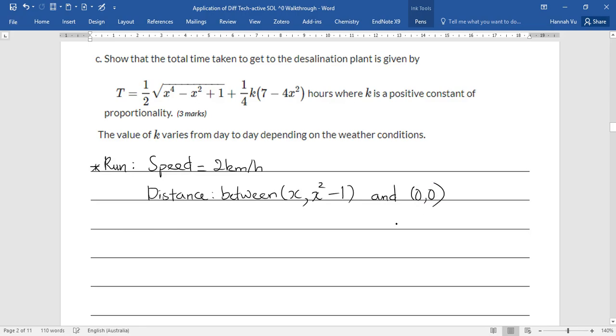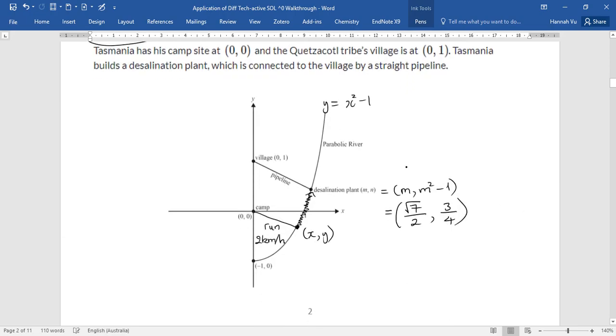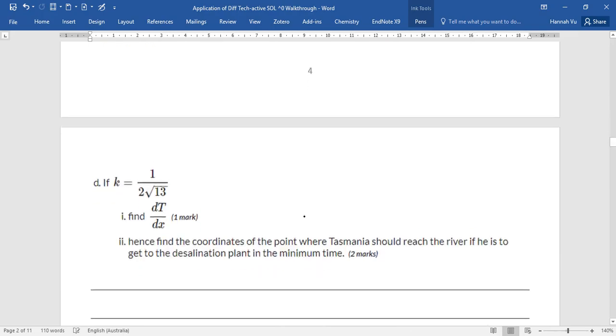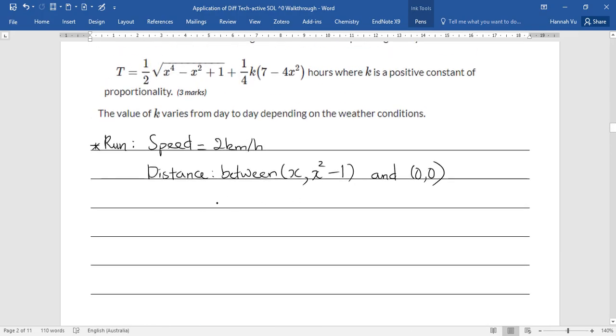Okay, so we're going to find the distance between that. It's a little bit annoying, I have to keep going back and forth, but if you look at the diagram again, then we're looking for this distance between 0, 0 and xy. Okay, so that distance is going to be the square root of (x squared minus 1) squared plus x squared, which is the same as